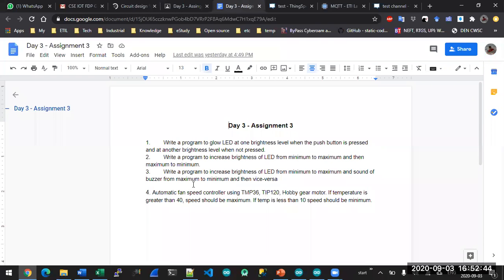The next experiment was to write a program to increase the LED from minimum to maximum and the sound of the buzzer from maximum to minimum, and then vice versa. So it is similar to question number 2, but here we have to use a buzzer also, and the sound of the buzzer should be increased when the brightness of the LED is decreased and vice versa.